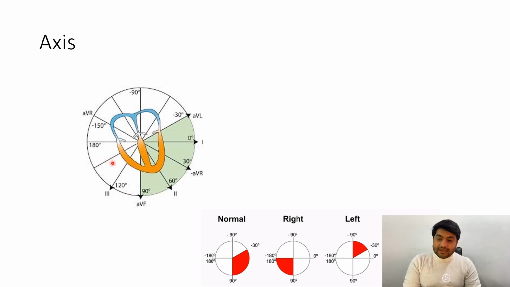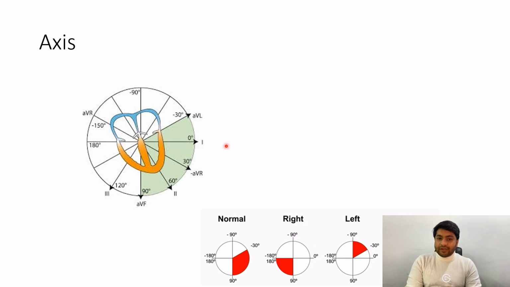So we will say this is right axis deviation because our axis has moved towards the right side. Right axis deviation, left axis deviation. Now we should look at extreme axis deviation, which is the case when both AVF and lead 1 are negatively